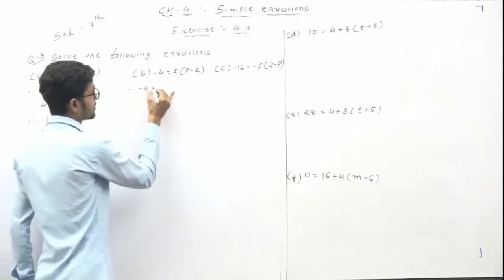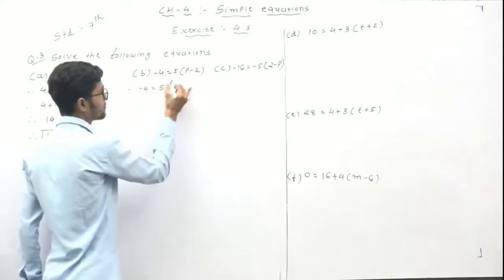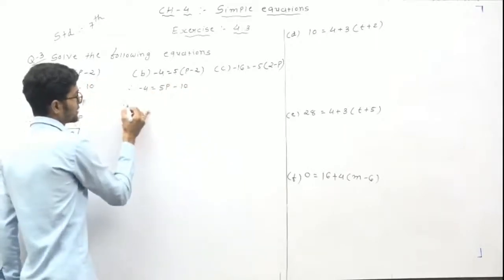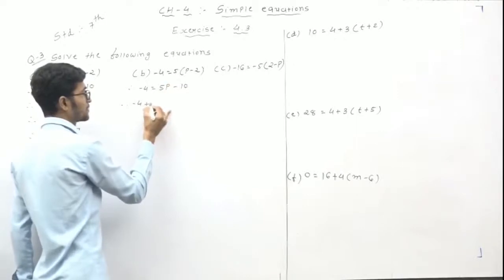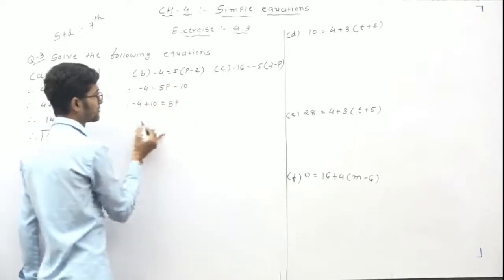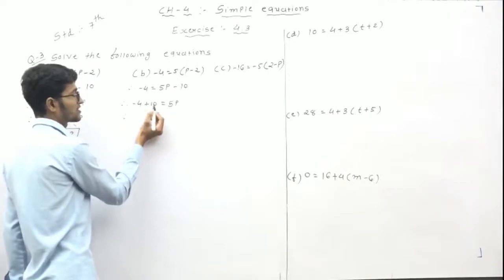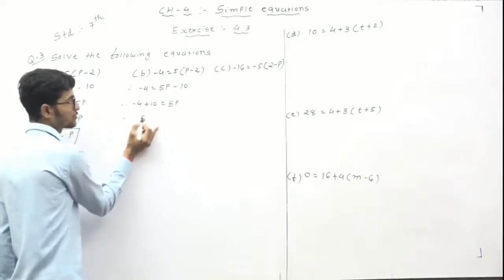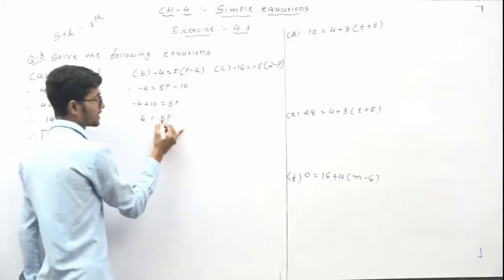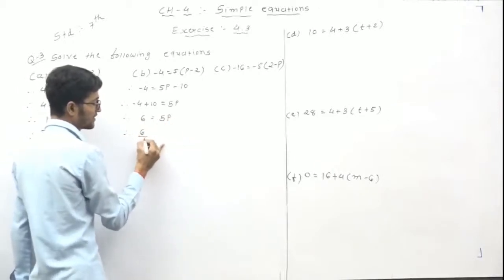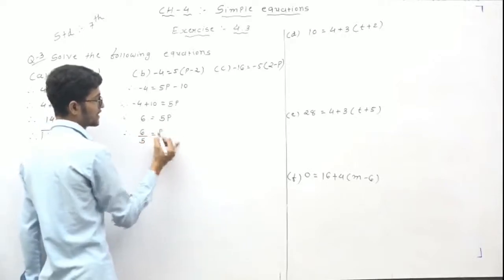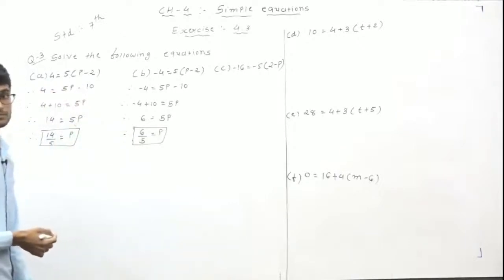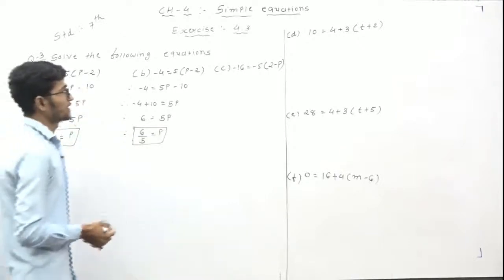So minus 4 is equal to 5 multiplied by p, it means 5p. 5 multiplied by 2 means 10, but minus. Now 10 to this side, so minus 4, minus 2 on this side, plus 10 is equal to 5p. Minus and plus, minus plus minus, it means 10 minus 4, it means 6. But positive, why? Because 10 is positive, so the answer is positive, 5p. 5 to this side, it means both sides divided by 5. So 6 by 5, here is p. So the p value is equal to 6 by 5. Understand? Next.